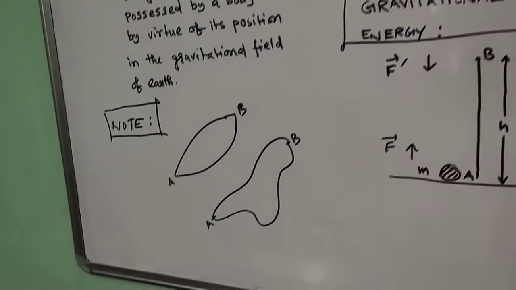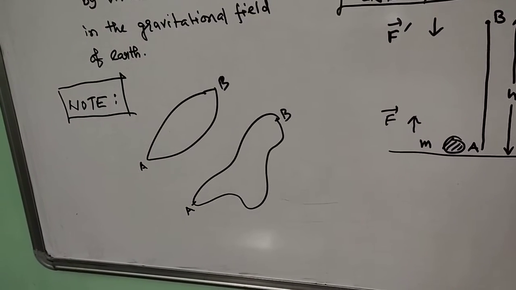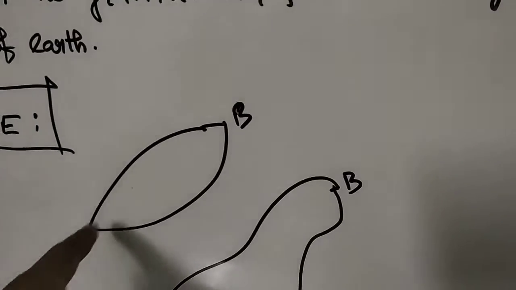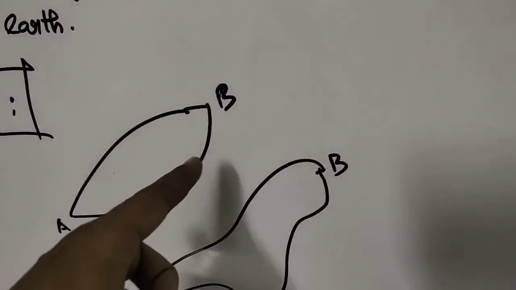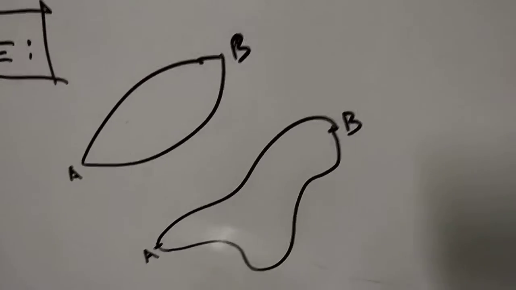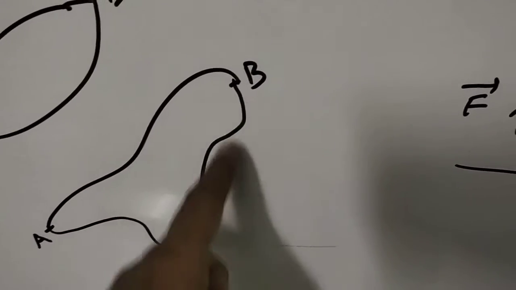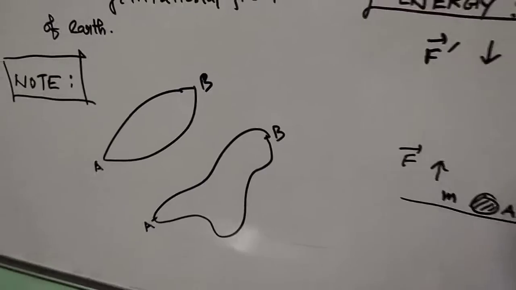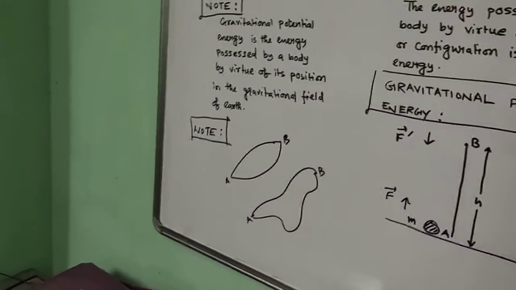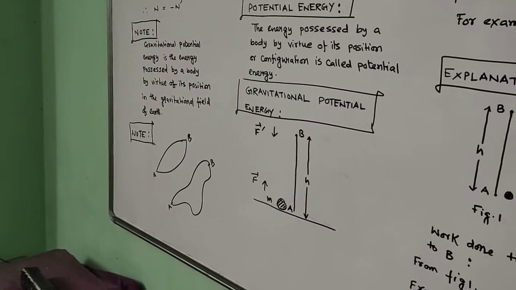The general figure is like this. Suppose you have to reach from A to B. So you can move from this path A to B, or from this path A to B. And also you can move considering this path from A to B, and also in this way you can reach. So whatever be the path followed, but if the destination is correct, then possibly it is your